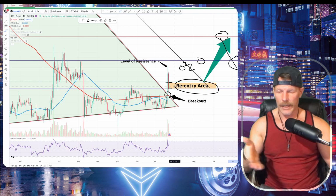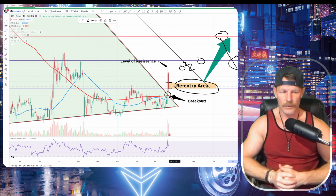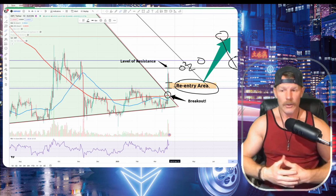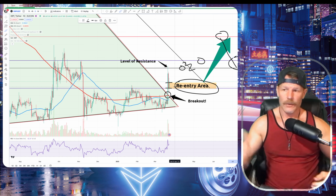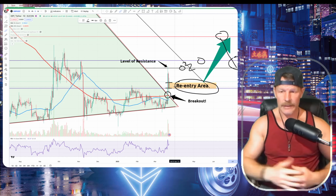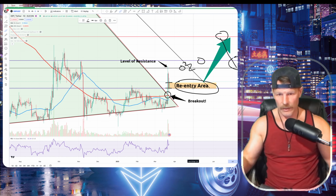All right, so you guys see how I do this? This is how you compound the resources that you have available to you to get the most efficient way of making profit. You draw these levels out, and once we hit them, just be disciplined and sell and wait for us to come back down. You can see it worked out for me here in this re-entry area,